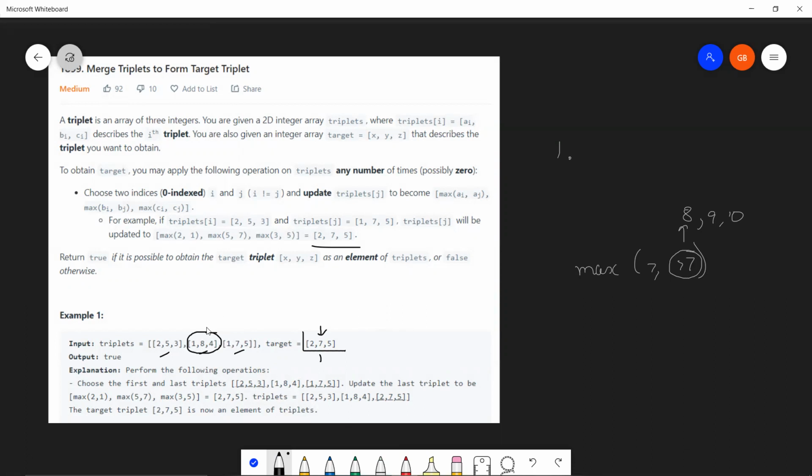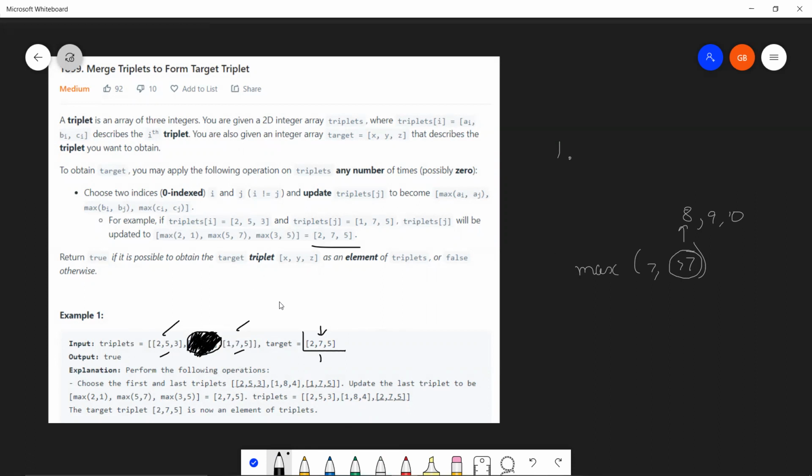No, it is not. Because if you take the max between this triplet and any other triplet, you will exceed your target. So this triplet goes out of the question. We won't even consider it. Let's just completely black it out. It's not at all for our use, right? So we can have many triplets such as these. Maybe 3 was present here, and this is greater than 2. So again, this triplet would also go out of consideration, so I'm going to black it out again.